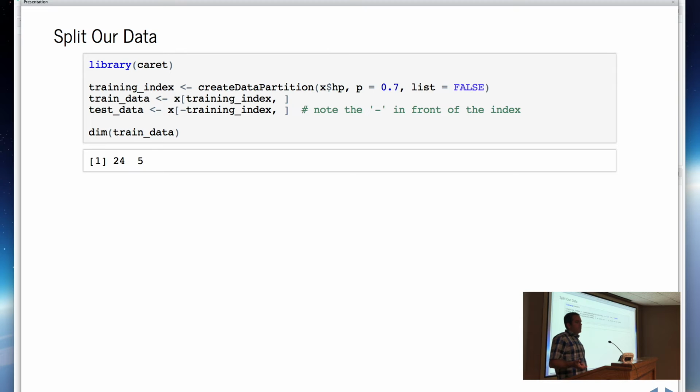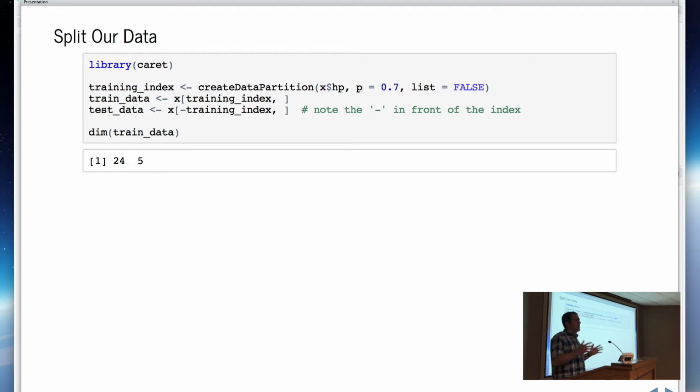The reason you do that is that it does what they call stratified sampling. The idea is that it's going to intelligently distribute the records and randomly select them.